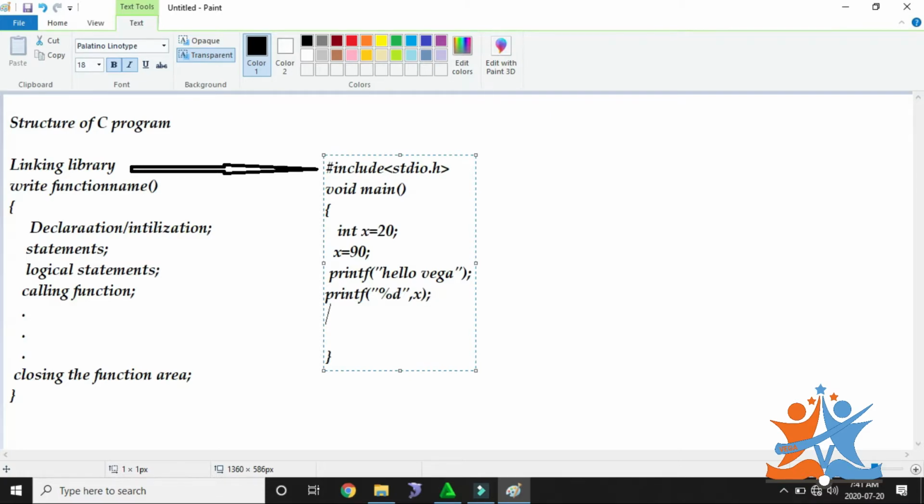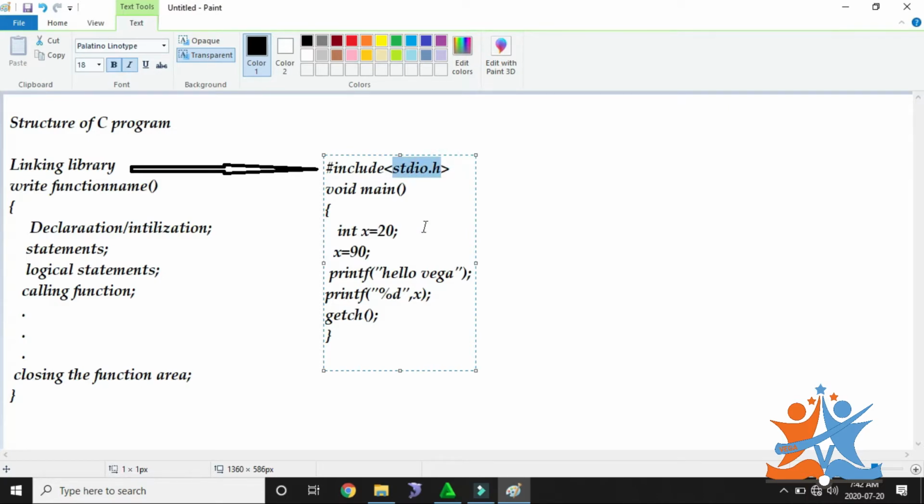After this we need to close the function area by using getch. getch is also a predefined function. So we used these predefined functions, and then we need to close. Here, how many input functions and how many output functions did we use? Here we used two output functions. We didn't use any input function. printf is an output function, and getch is also treated here as an output function. These two functions we are utilizing in our main function, so that is the reason we include this library.